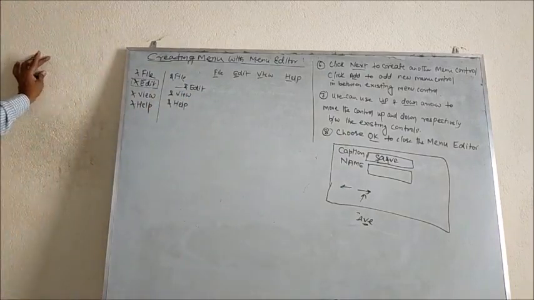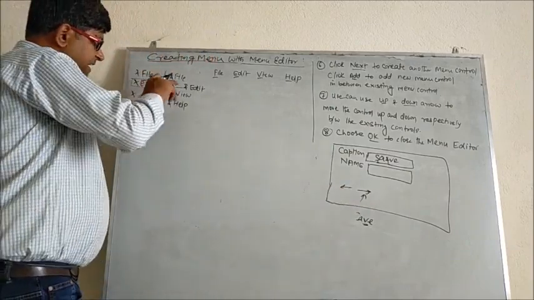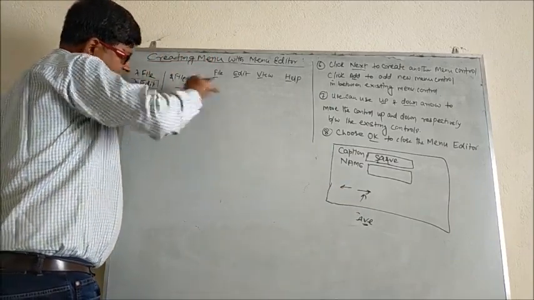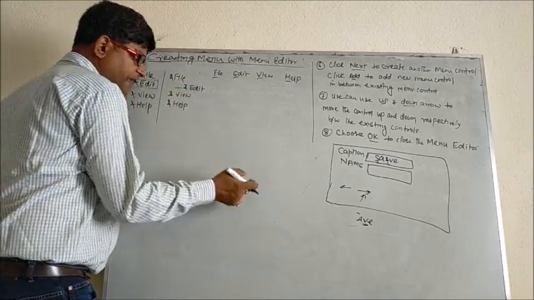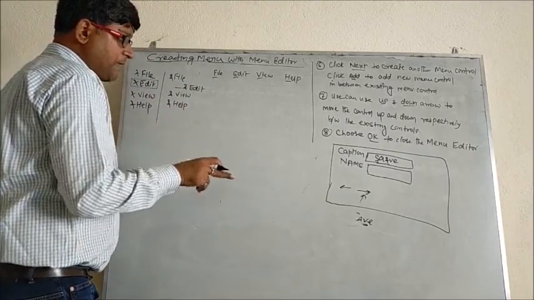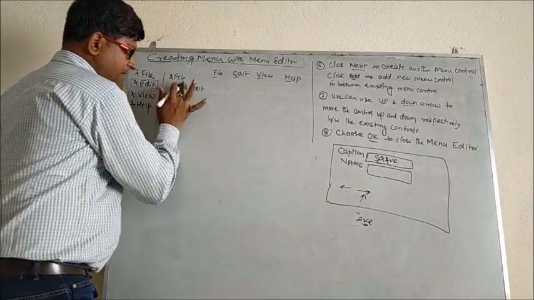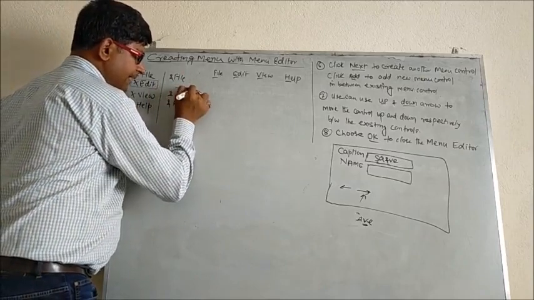So now see, by pressing one right arrow, our edit has gone one tab inside. Here it has given one tab, means one arrow I have put. If I use two tabs, then it will be double tab like this,